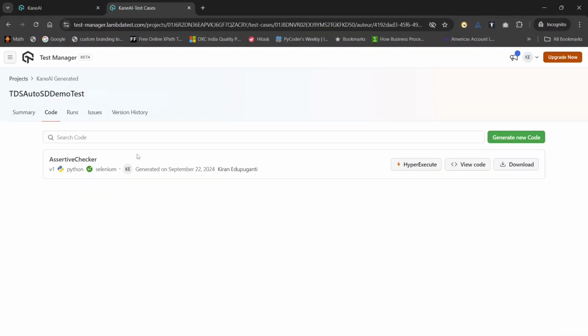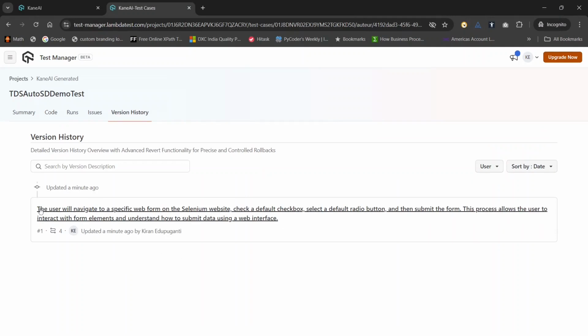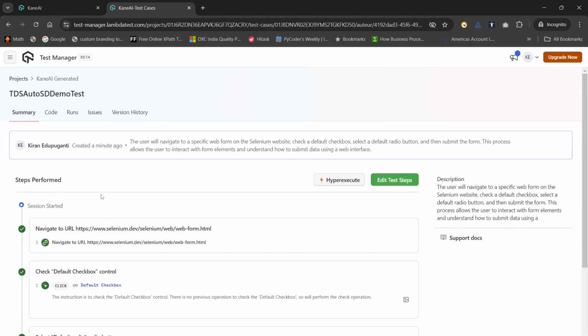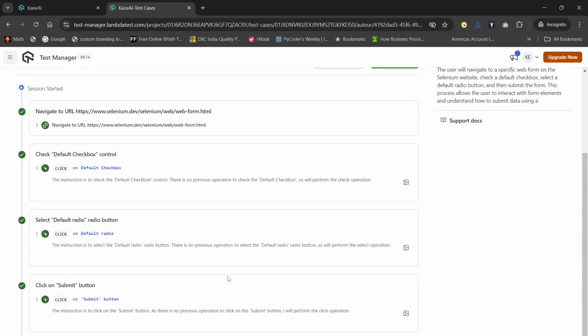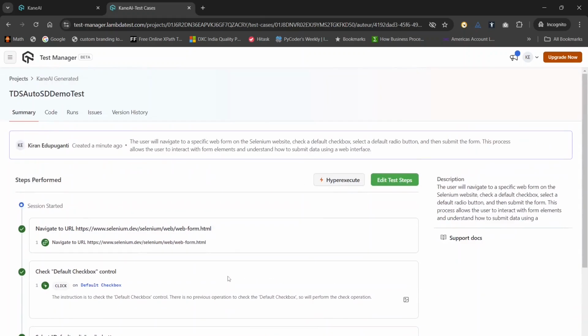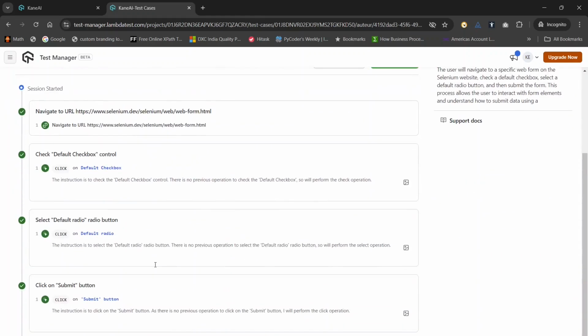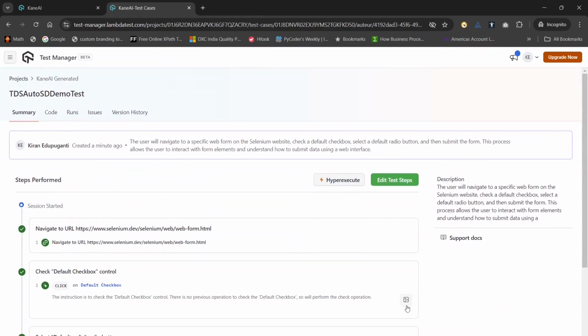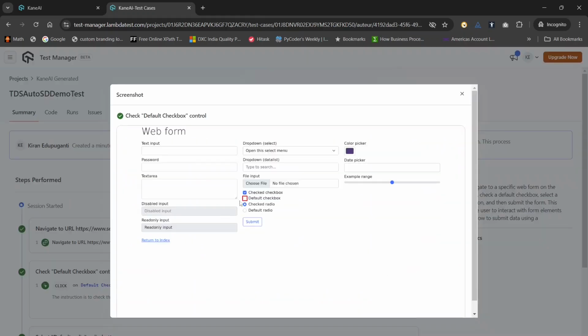Okay, and version history, this is the main thing. The version history, if you can see, this is created. Okay, you can check what exactly the actions it has taken. Okay, the test name is TDS auto demo test. So here it is, this is the one. If at all you wanted to update, you can update it over here. You can see the checkbox over here,